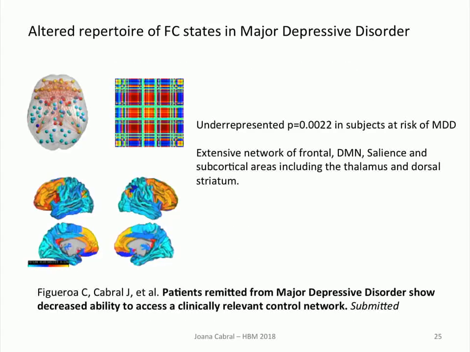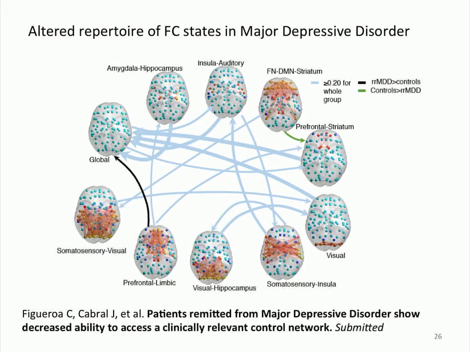Okay, so this is another one in major depressive disorder. This is another state that is underrepresented. This is also with a high significant result. And it includes frontal, DMN, salience networks, including the insula, and the thalamus and striatum. So these are areas that are involved in emotional processing. And so we found it really also relevant for, so it's a kind of a behavioral correlate that we could find. Not only this, but